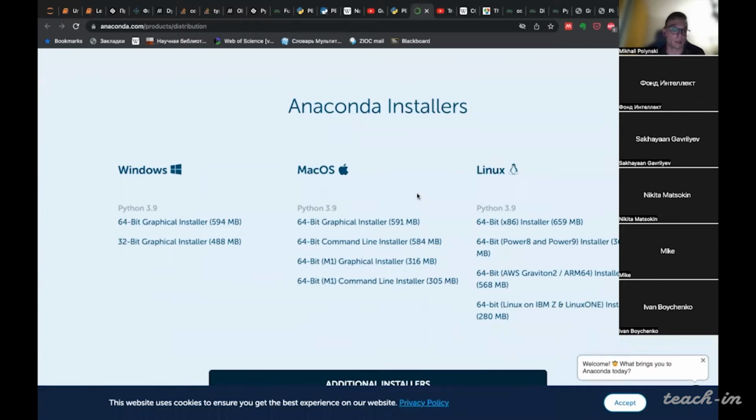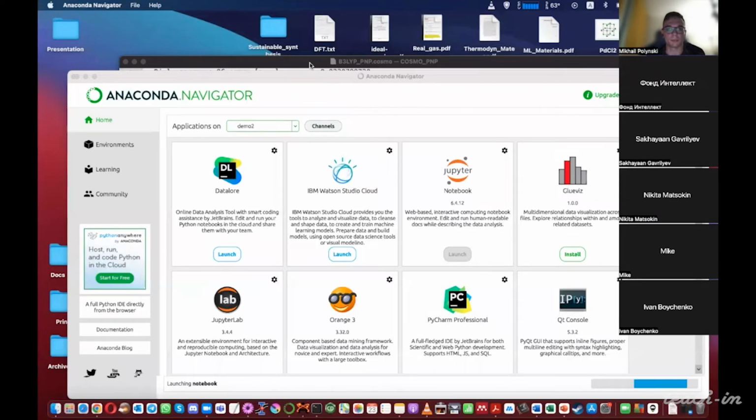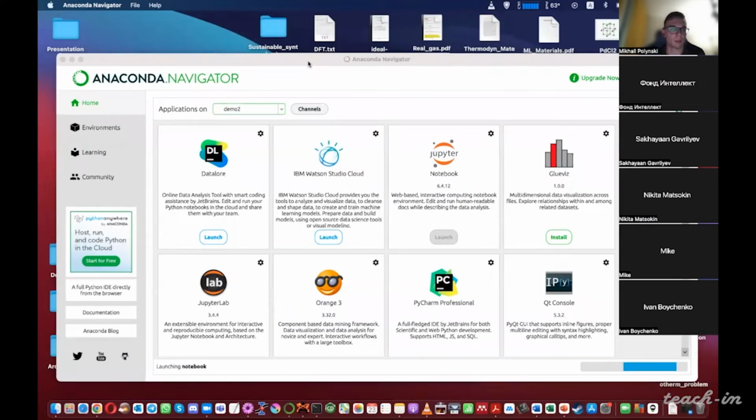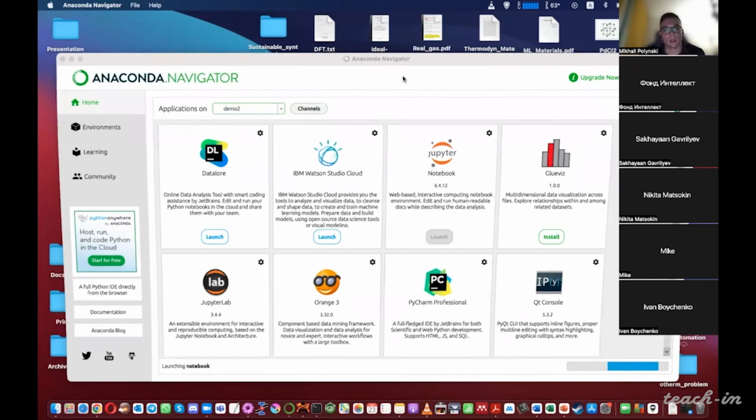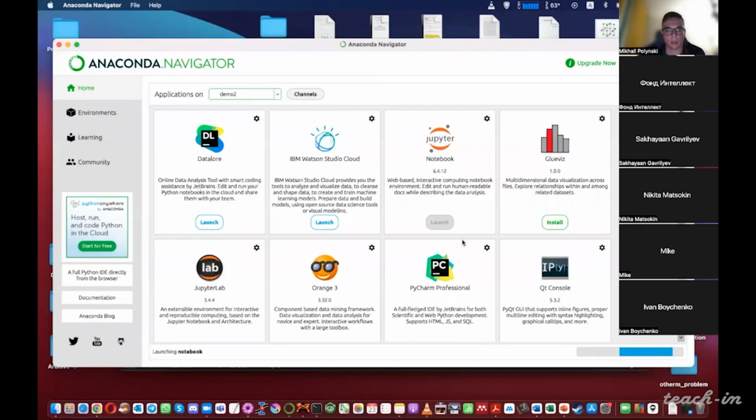It's a graphical installer that is simple to use. Next, you should run the Anaconda Navigator program, and here on the Windows platform you will see blocks in the graphical user interface.